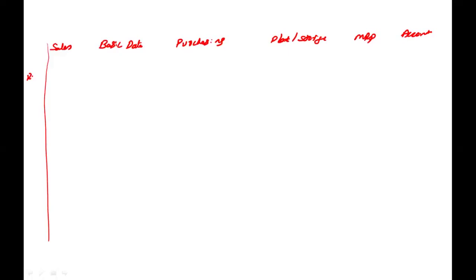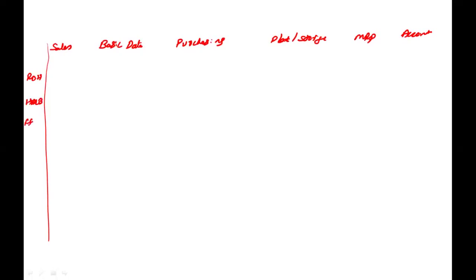So basic data, then you have the purchasing, plant or storage, MRP, accounting, and sales. Okay, so let me take one by one. First is ROH. Now I'll use only the codes. I'll not use the descriptions. So I have ROH,